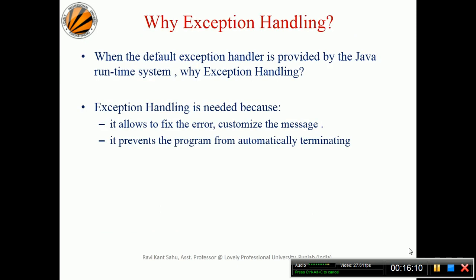But if you customize the message, saying you are trying to divide by zero and it is not allowed, it could be easy to understand. At the same time, if you have your own handlers, it will prevent the program from terminating automatically. If it is the default handler, it will terminate. So these are the two reasons why we use exception handling. In the next video, we will see how to handle the exception. Thank you.